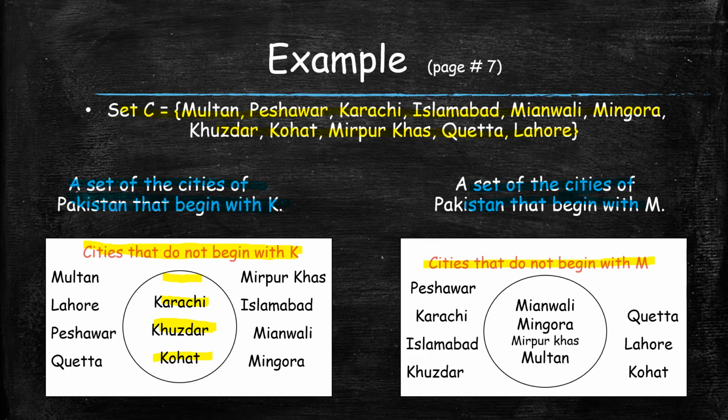You just have to write all those elements that belong to the set on which you are making the Venn diagram inside the circle, and all other elements outside the circle. And this whole set, what is this called? The set C. What do we call this set? Universal set. This whole set is the universal set because it contains all the elements, inside or outside the circle. So we call such a set a universal set.